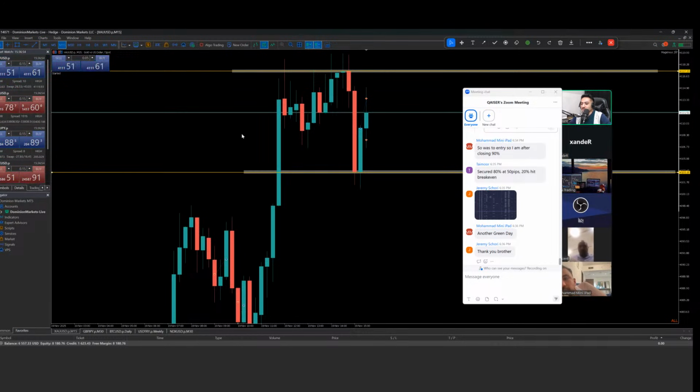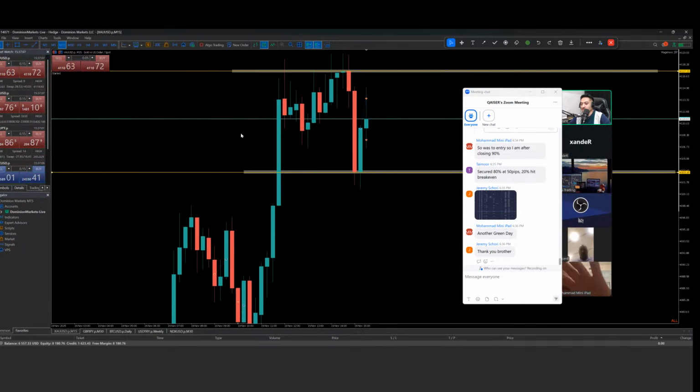15.15 dollars more and I passed the funded account. Wow, this is my first time joining your live and I learned a few things already. Thanks so much. All right, Alhamdulillah, secured 50 pips. Very nice. TP closed at the highest from rejection. Wow, amazing. I secured two trades at 50 pips, secured full close.